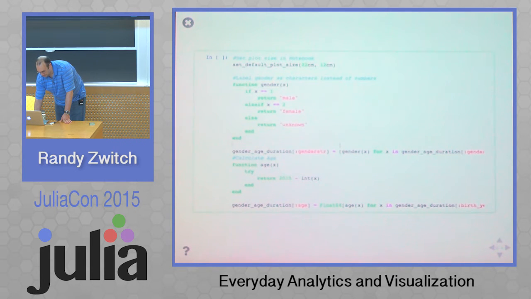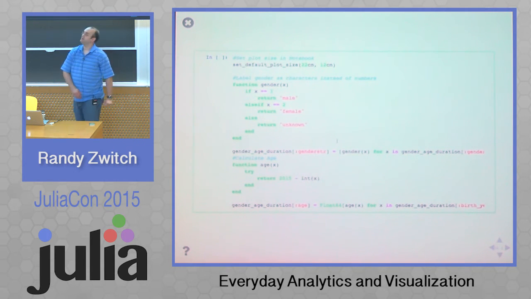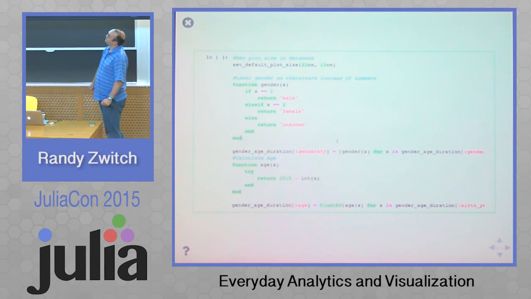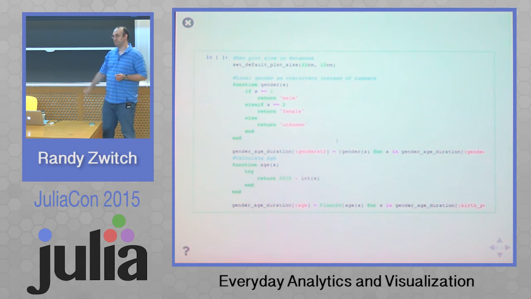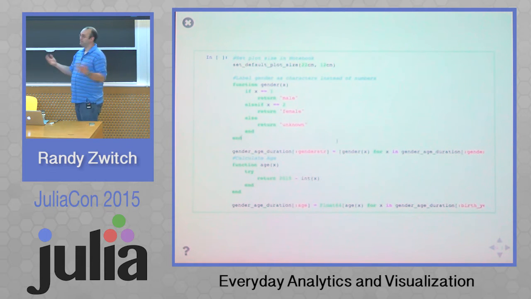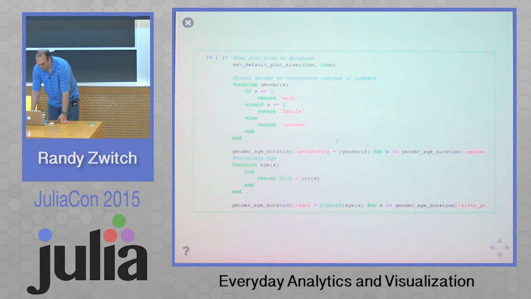And because I don't like 0 and 1 for gender, I just have a really simple function here to reclassify those values into character strings. And then the same thing with calculating age versus birth year. It's a little hard to do in your head, like, do people born in 1979 use bikes differently than people that were born in 1984? So if you just take 2015 minus the birth year that's reported, then we can go ahead and get their age approximately.